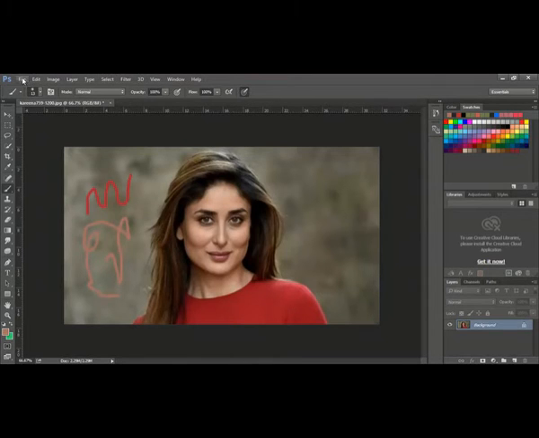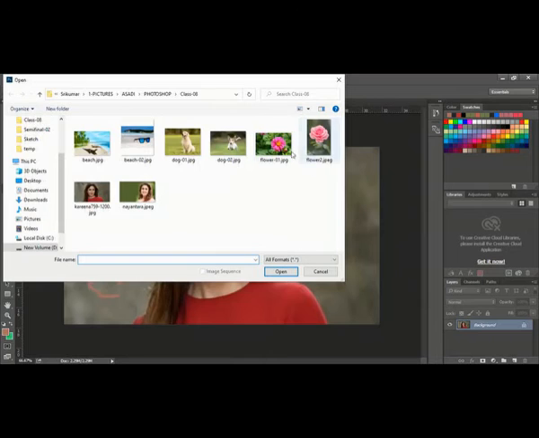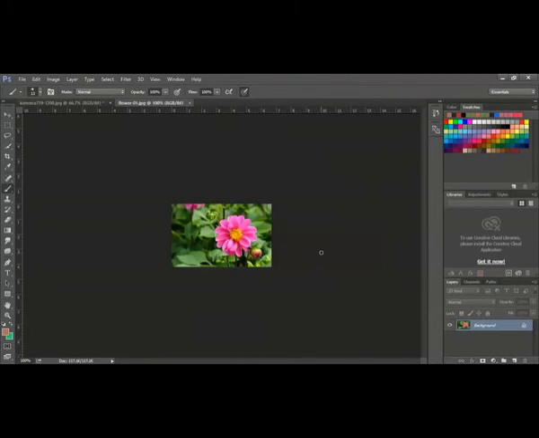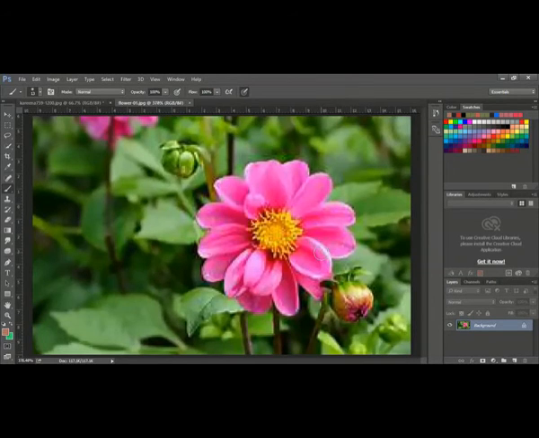Let me open another picture. Control 0 for zooming. So if I click this color, you get that color here. Color picker.